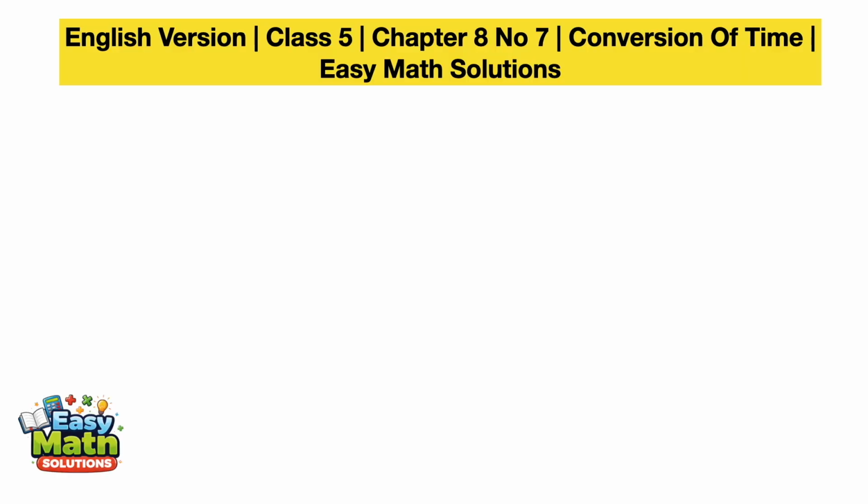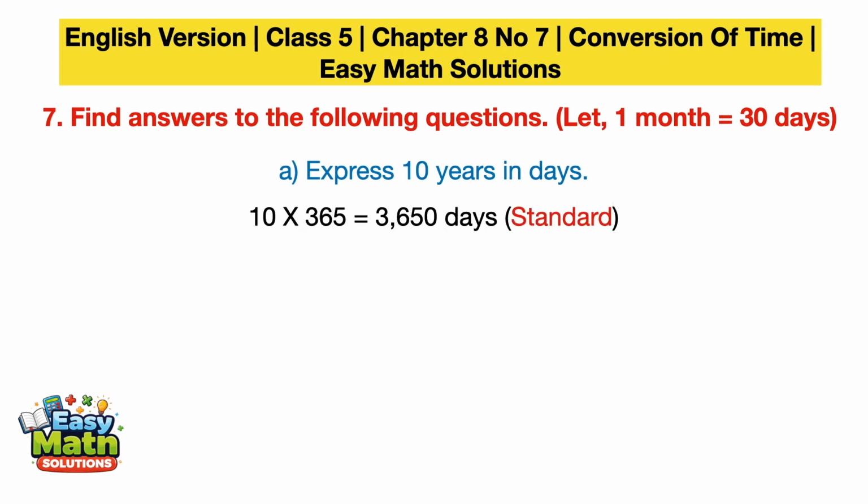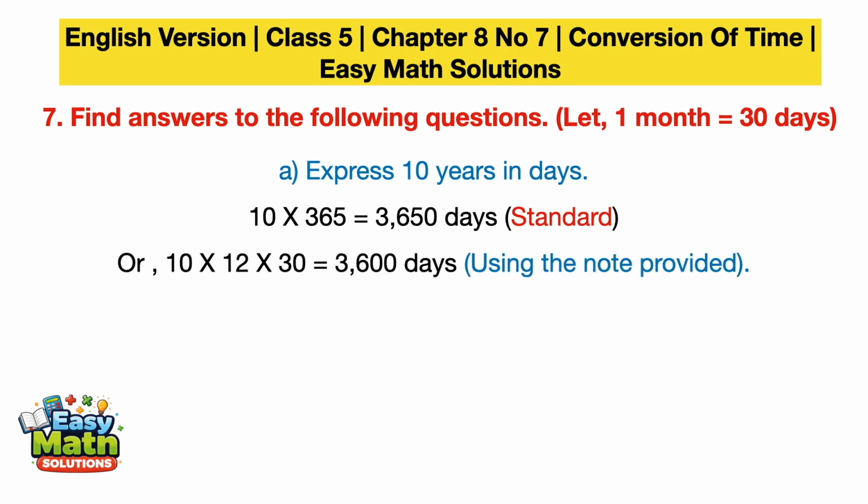English version, Mathematics, Class 5, Chapter 8, Conversion of Time, number 7. Find the answer of the following question. Let 1 month equal 30 days. Then express 10 years in days, and B, 10 years 35 days equals 3650 days standard. Okay, or you can also do this: 10 years into 12 months into 30 days equals